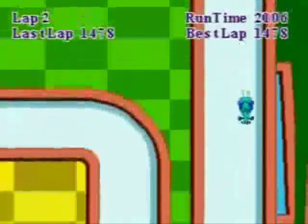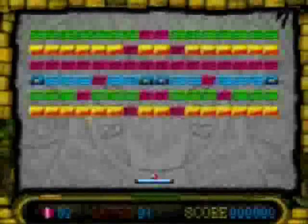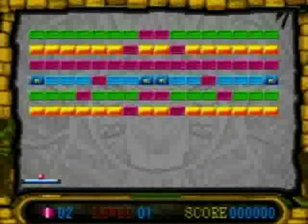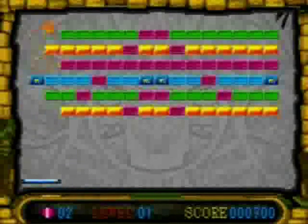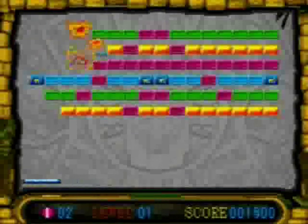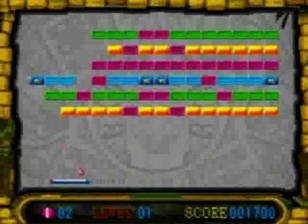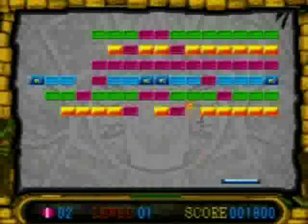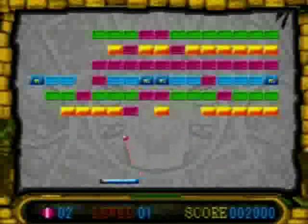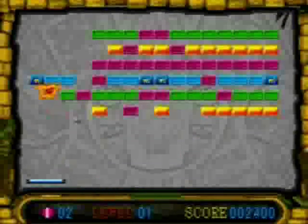So, this game, another Brick Breaker game. This one is called Bump Jump. I don't see what this game has anything to do with bump jumps. That sentence didn't make any sense, so just ignore that. This one's a lot faster though, which is a good thing. Not much I can say about it. It's Brick Breaker. If you don't know what Brick Breaker is, what rock have you been living under for the